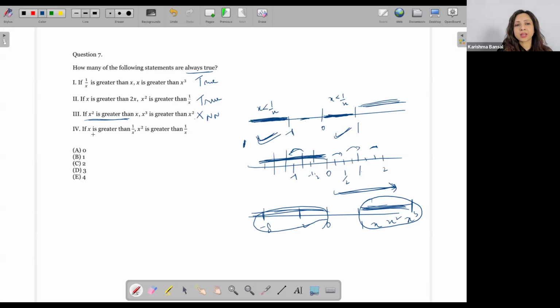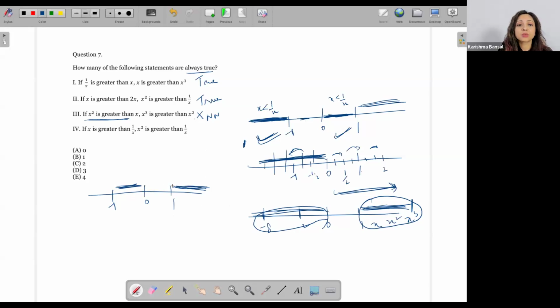Look at the last one. If x is greater than 1 by x. Now, this is what I assume, this is what normally happens. So 0, 1, and -1. X greater than 1 by x is going to be true in this entire range. And I know how the reciprocal works. It's also going to be true in this particular range. You can take values to figure out if you wish to, yeah? So when my x lies in this range or in this range, then x square is greater than 1 by